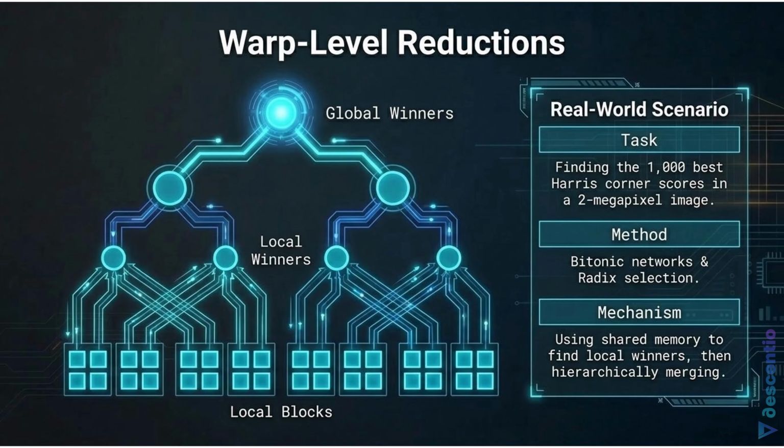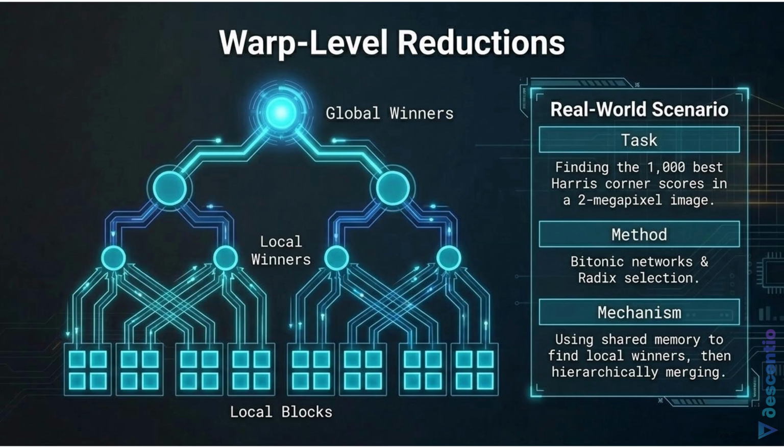Then a third. It is a logarithmic reduction tree. I see. And algorithms like Bitonic sort are brilliant here because their comparison sequence is strictly predefined. The threads don't need to branch or make complex decisions. They just execute a fixed pattern of compare and swap operations, which keeps the hardware perfectly synchronized. You align the flow of the algorithm with the physical layout of the chip itself.